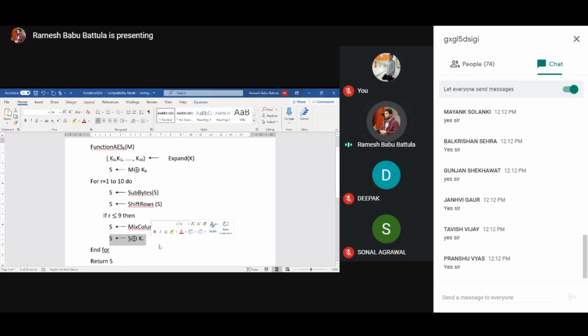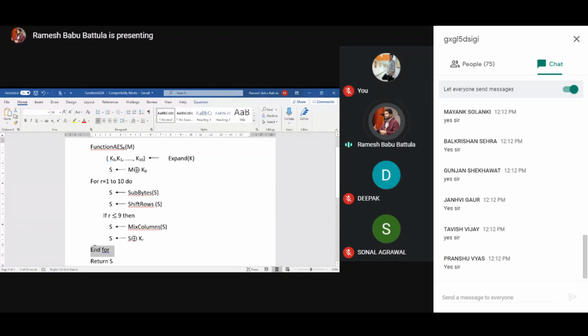While you are doing the reverse, that means performing the decryption operation, you need not reverse the whole function. Instead, you need to use the inverse of each and every subfunction. Means what? I have to use add round key and the inverse of the mixed column operation, the inverse of the shift rows operation, the inverse of the substitute byte operation. That means you are going backward, but you are not reversing the complete function. You are creating the inverse of your subfunctions only. Keep that in your mind.